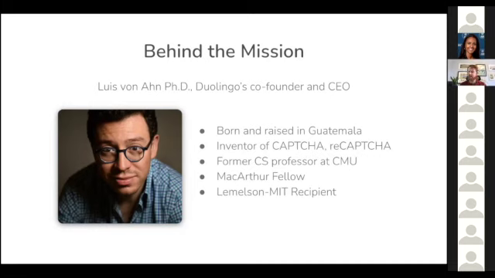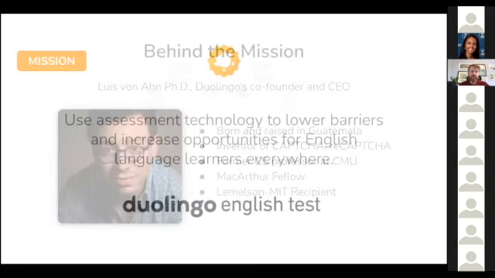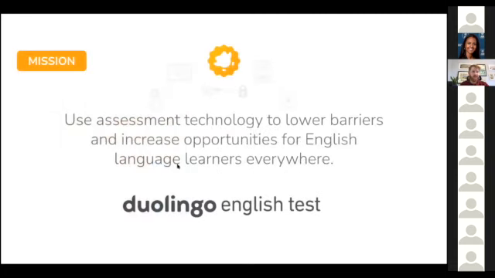And so as we started to develop more language aptitude and technology, and we're starting to assess users' abilities and developing new tools, we thought about developing the English proficiency tool in a way to really break that access and really change how we're doing admissions and how we're testing people, and using adaptive technology to make an adaptive test that can lower barriers and increase opportunities for English language learners everywhere. So we're of course talking today about students, but there are other uses for that test for proving English ability. And so that is our mission, that's our founding, and a little bit more, I think this